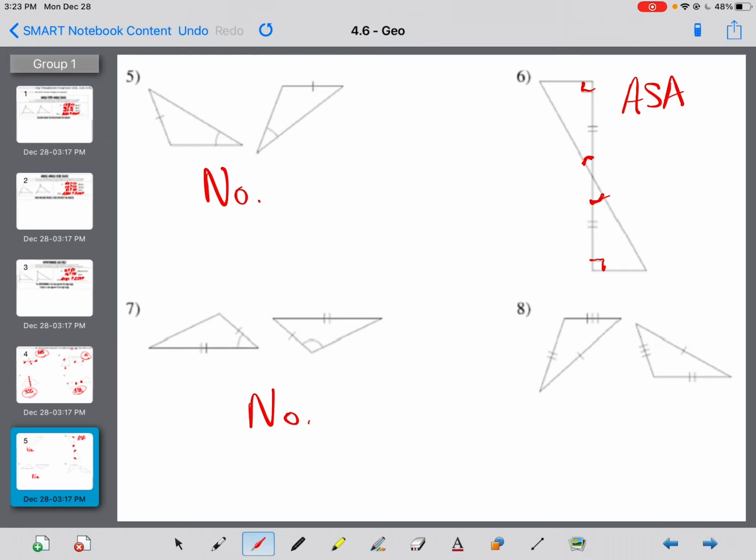Number 8. 3 marks, 3 marks. 1 mark, 1 mark, 2 marks, 2 marks. Certainly they are. Side, side, side. All 3 sides, you bet, congruent. That's it. Side, side, side. Side, angle, side. Angle, side, angle. Angle, angle, side. Hypotenuse, leg. No AAA. And no